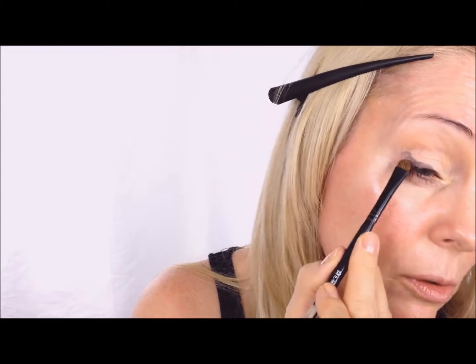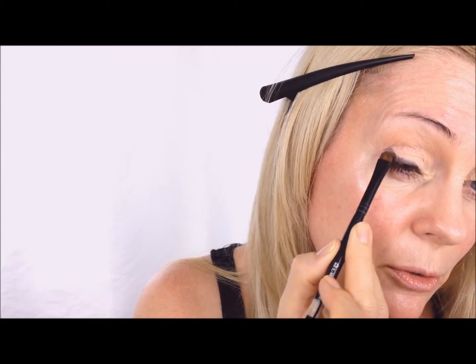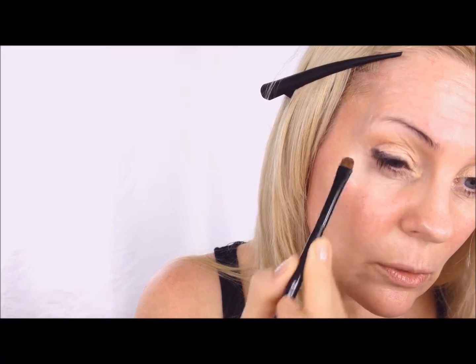Just kind of stamping it on there. And it looks like it becomes a liner. I'm just putting it on as I go along, the usual way. So a little bit like that. I will kind of just blend it out and use a little bit of a lighter color in here. So this one I will just blend it out a tiny bit, and I will use,